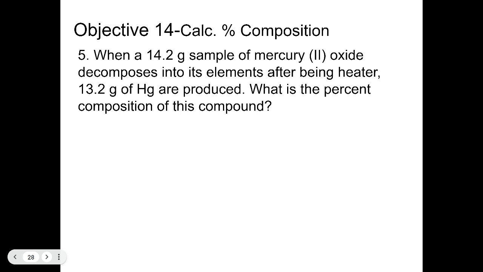So if we heat mercury oxide, it looks like what happens is the mercury and the oxygen separate. The oxygen floats off into the universe. We can't really measure the weight because oxygen is a gas and floats off. But what we can measure is the mercury left behind that has no oxygen attached to it anymore. So we know after heating the sample and driving off all the oxygen that out of the 14.2 grams, 13.2 of it's mercury. So again, we're going to take the mass of our,